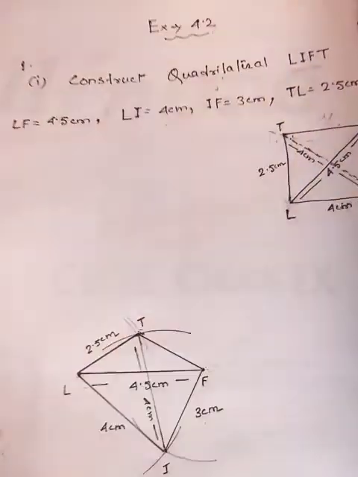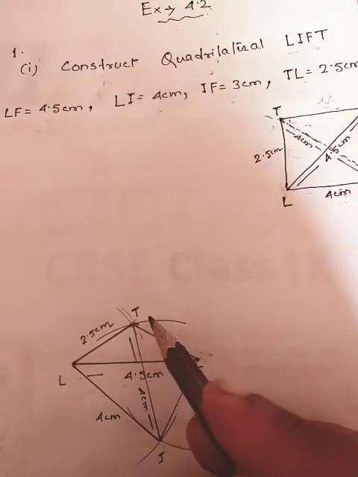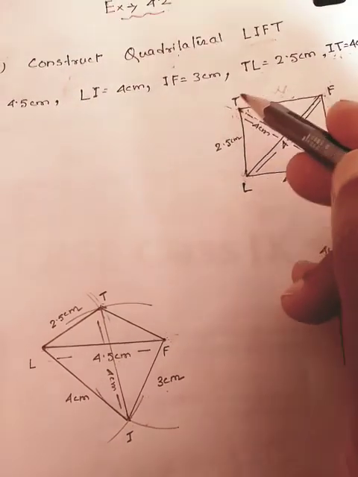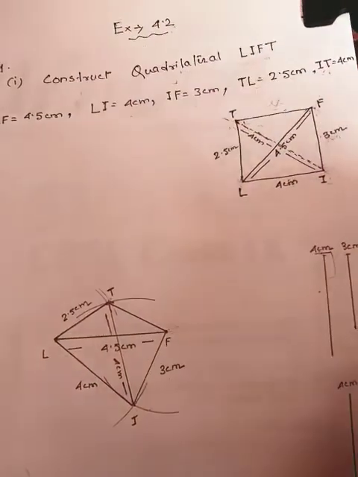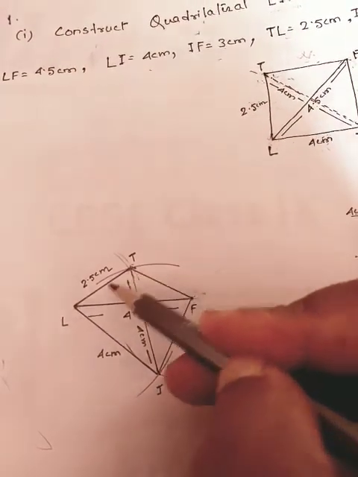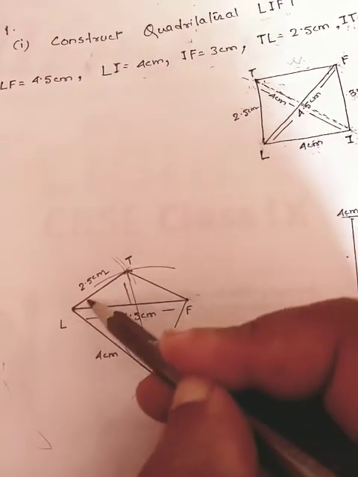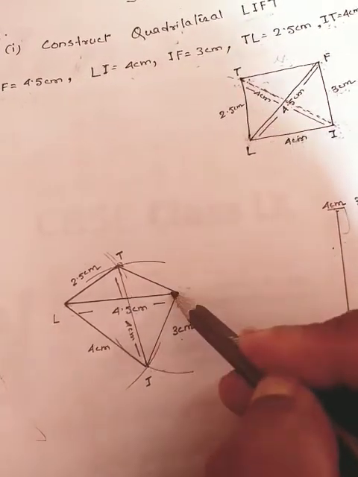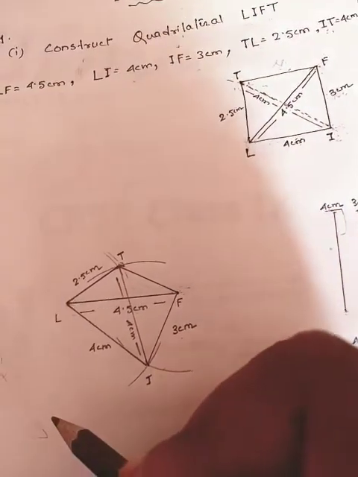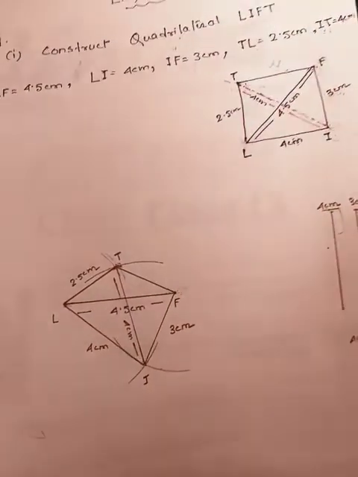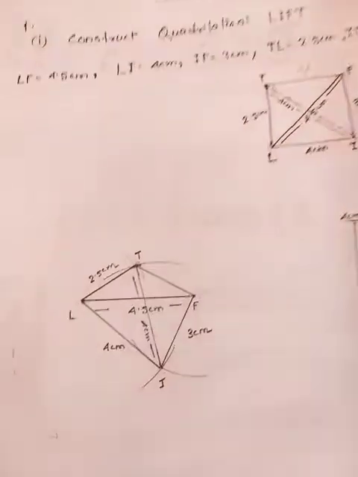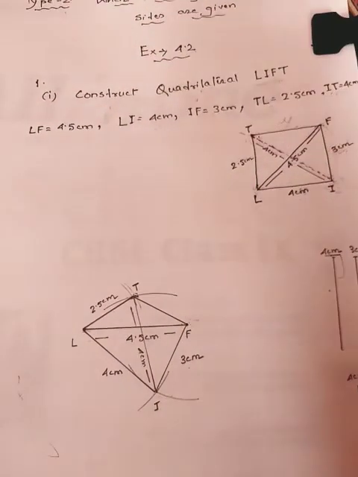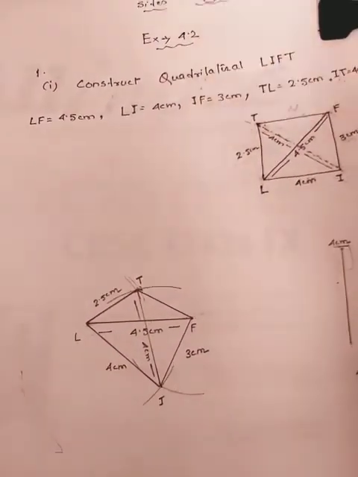Again you will find that the two arcs are intersecting at one point. According to the rough sketch, the point where this 4 and 2.5 are meeting is T. So mark it as T. Now from this point you have to join three lines: T and L, T and I, and finally T and F, so that you get the required quadrilateral with the two diagonals given. I hope you have understood this. This is a very easy sum, but because it is a very new type for all of you, that is the reason I am asking you to perform only one sum today, so that you get adapted.